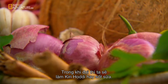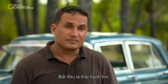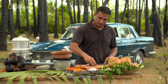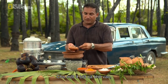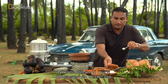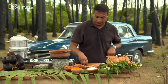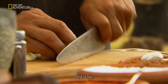While that's happening, I'm going to make kirihodi, or milk gravy, and you start with some red onions. You can chop them really finely if you want to, but I prefer just really thin slices. I like a lot of onion in this. Next is a little bit of mouldy fish. Now, if you're a vegetarian, you don't need to put this in. I believe it adds a wonderful flavour, so I like it. Some turmeric for colour, some salt, green chilies, some garlic,